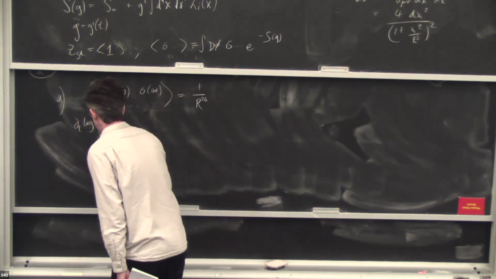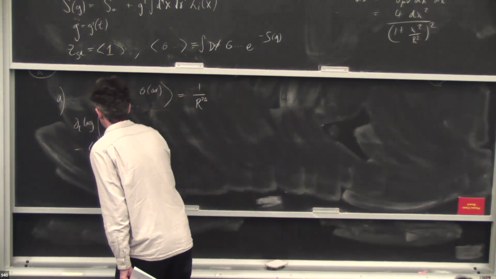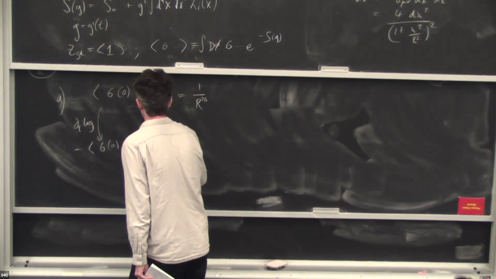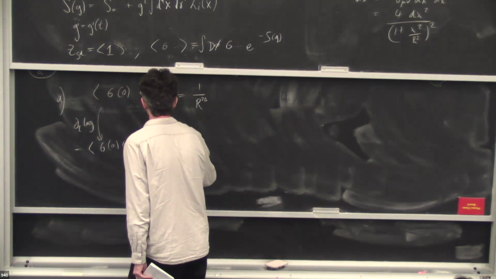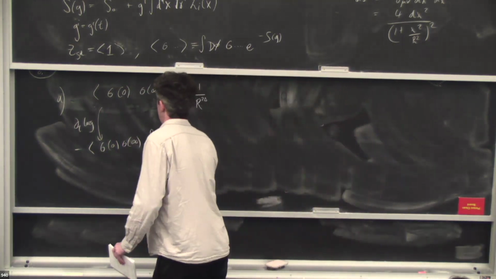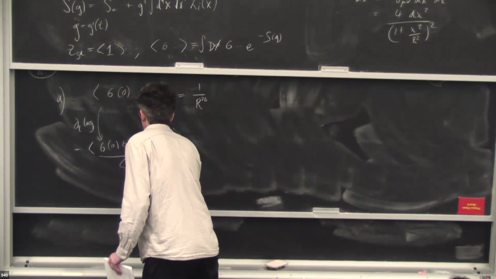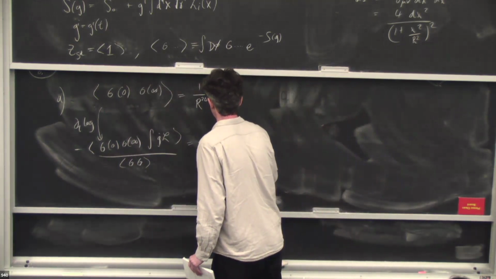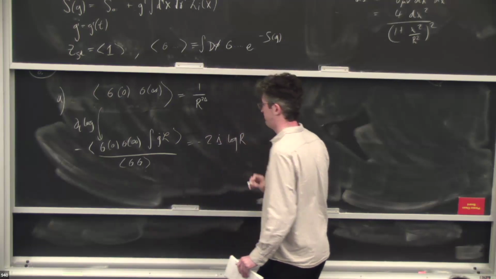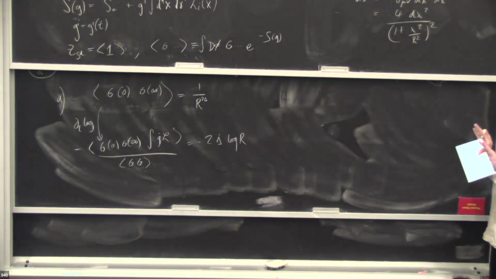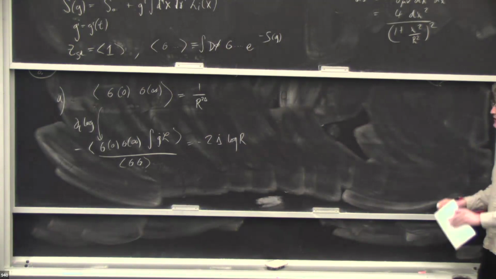And so I just follow conformal perturbation theory. I get minus the integral of G dot L inside the correlator. I won't write the gamma explicitly. And then downstairs I just have the two-point function. On the right hand side I get minus 2 delta dot log R. So it's instructive to spend a moment trying to understand how the left hand side can give the right hand side. So let's do that.